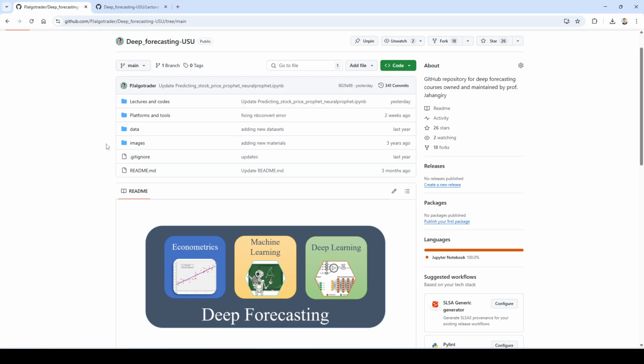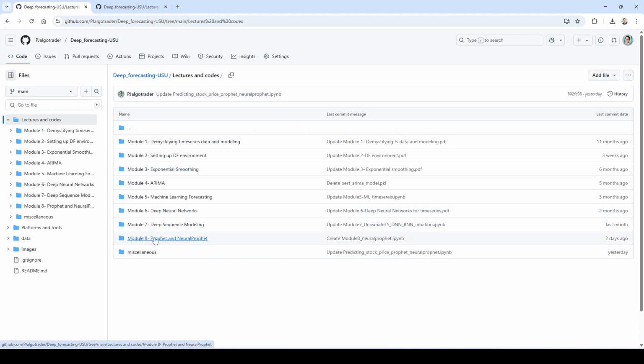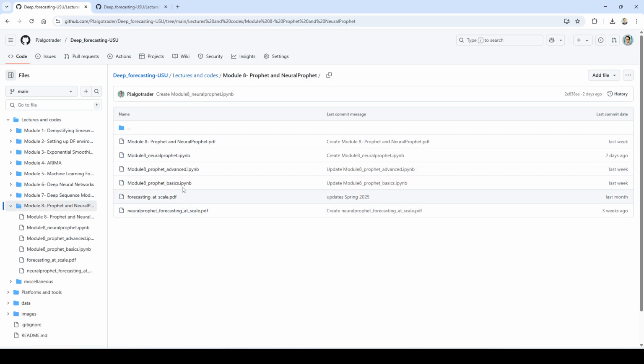All right, so here's my GitHub repository. Go to the deep forecasting course, lectures and codes, and then the very last module, Prophet and NeuralProphet. I have this miscellaneous one also open in the other tab, because today I'm going to cover 2 notebooks. One is going to be our NeuralProphet, so module 8 NeuralProphet, the notebook, and the other one is,